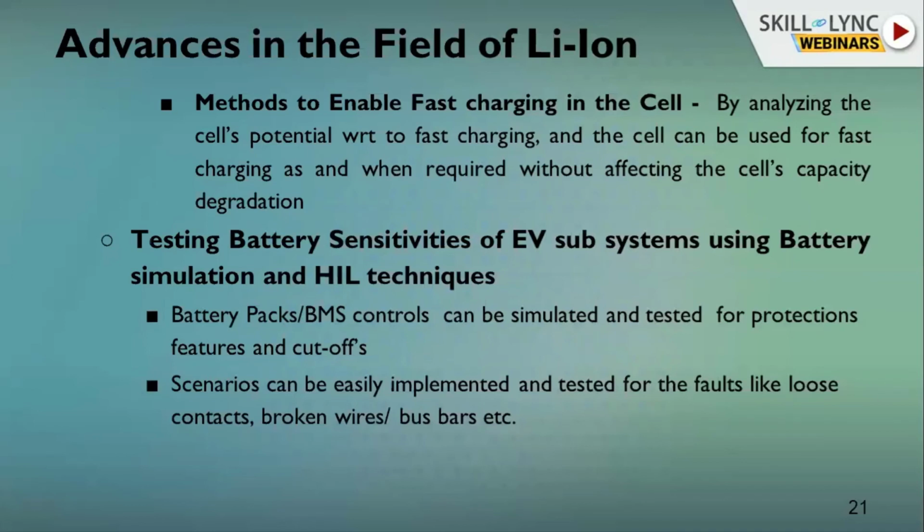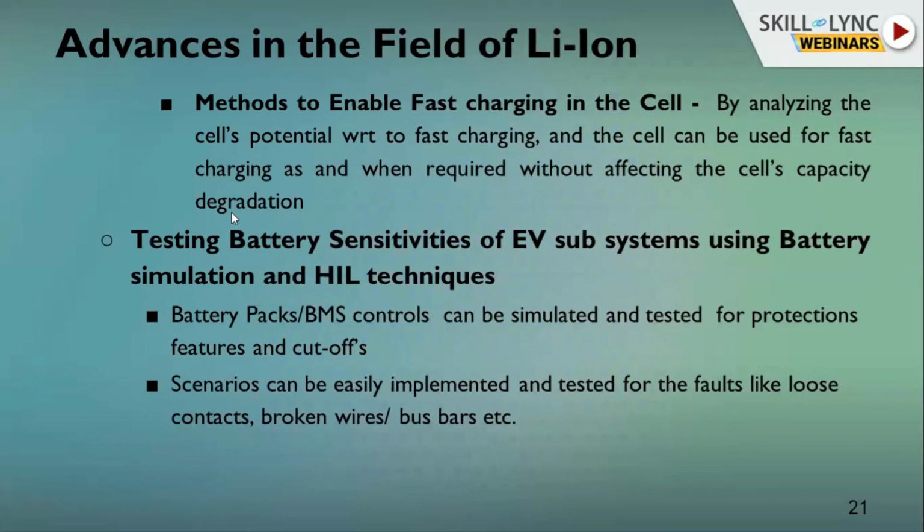At that point of time, you understand till what depth you can go to discharge, so that the potential of the electrode, the cathode or the anode, is not disturbed. That's how you can leverage the limit of how much you can charge the cell even faster. So that's how this method is being worked out. It is still under process, and a few companies are at a prototype stage. We hope this comes out soon.